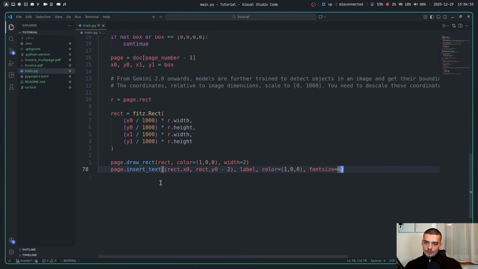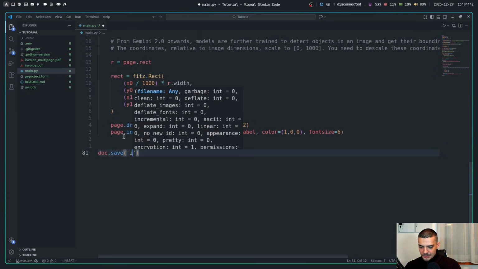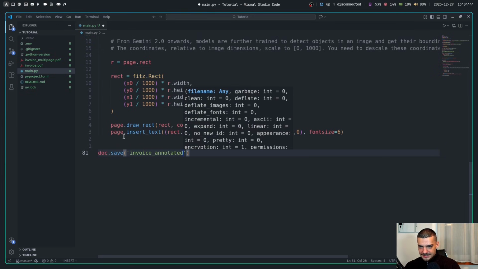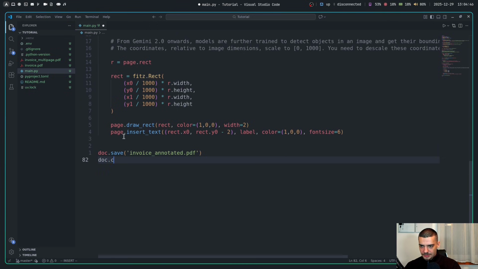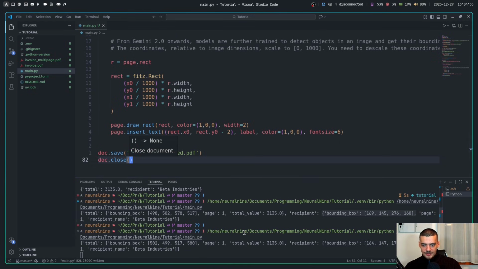We draw the rectangle, we paste the text there, and the final thing we need to do is say doc.save and a new file name. Let's call this invoice_annotated.pdf and then doc.close. Now, if I didn't make any mistakes, this should work. We should get the bounding boxes, we should draw them, and we should export a document with the bounding boxes